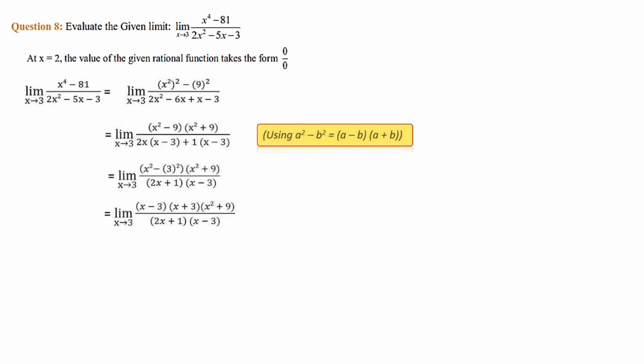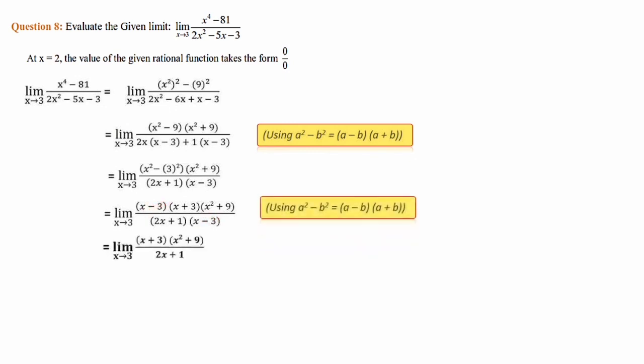Then here x minus 3 is common in both numerator and denominator, just cancel it. Then limit x tends to 3, we are getting the balance terms x plus 3 into x square plus 9 divided by 2x plus 1. Now it is safe to substitute. No 0 will be coming because the subtraction terms are cancelled. Then when we substitute x by 3, then 3 plus 3 into 3 square plus 9 divided by 2 into